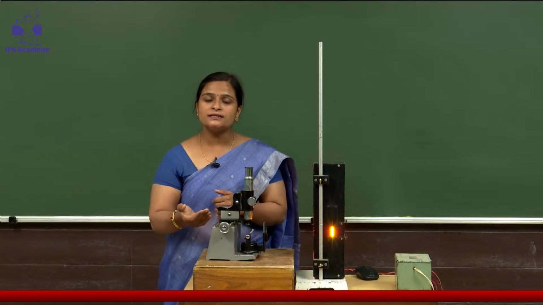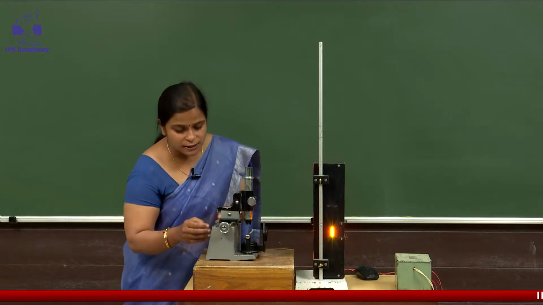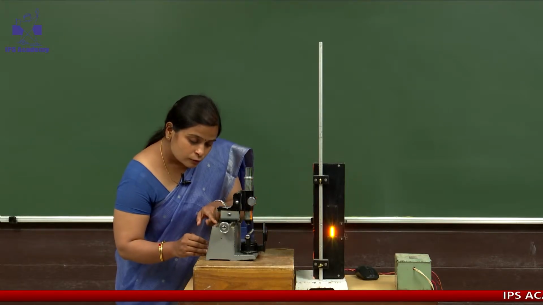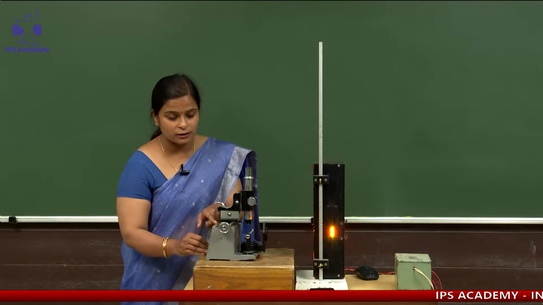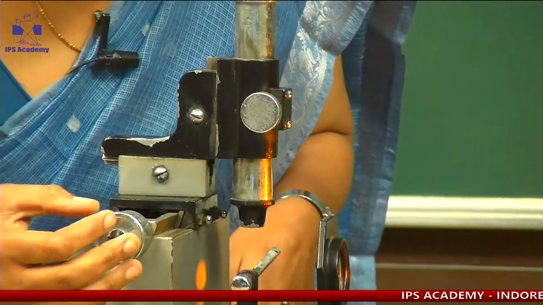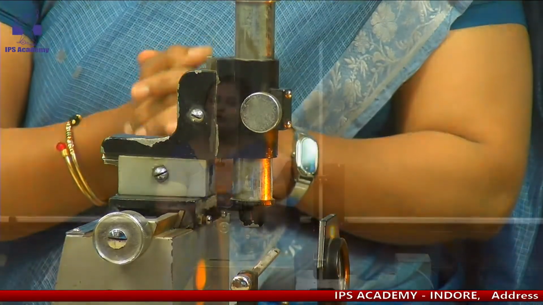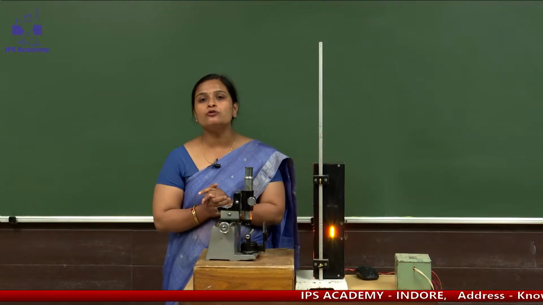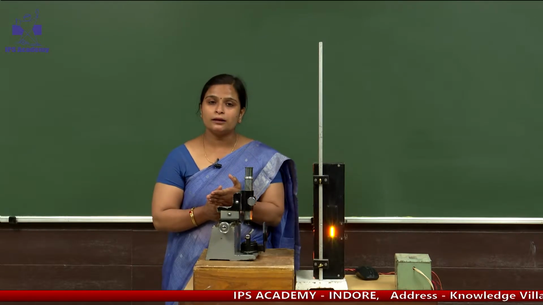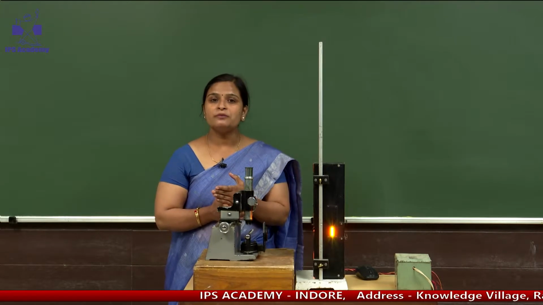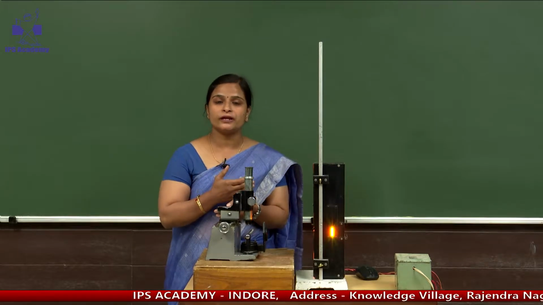So what was our least count? 0.01, and here the main scale reading is 43. Main scale reading is 43 and the circular scale reading is 82. So what will be the total reading? 43 plus 82 into 0.01. So it will be 43.82 millimeter. This is our first reading of the left hand side of the fifth ring.